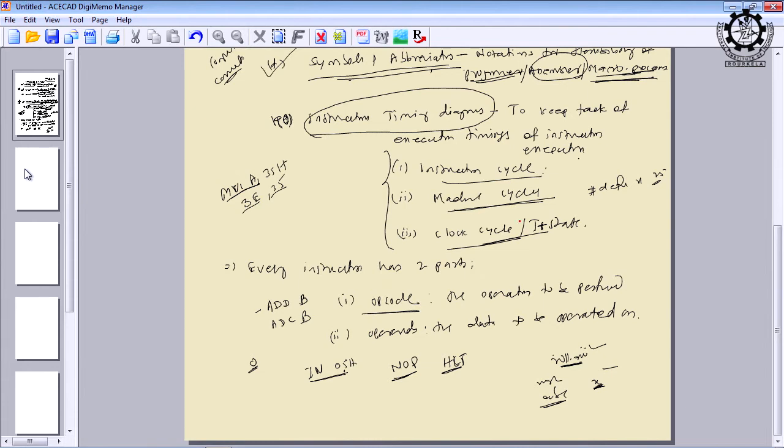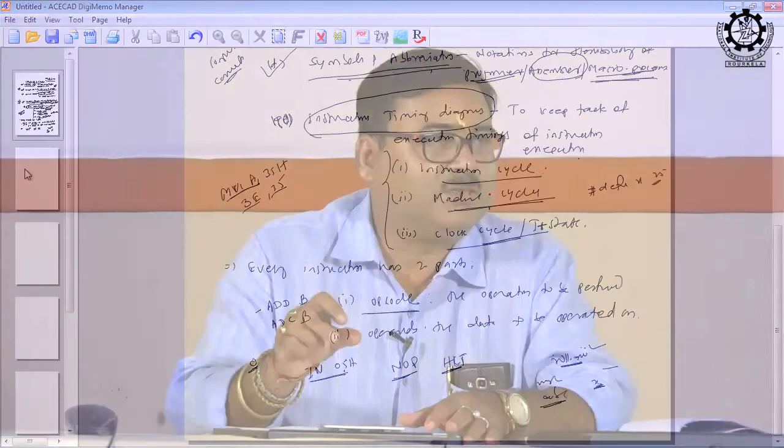In other words, a number of clock cycles or T states constitute a machine cycle, a number of machine cycles constitute an instruction cycle, and a number of instruction cycles constitute the total execution time of the program. The total execution time of different programs used for a package or software is called the software execution time. This is how the software execution times are found. Even the execution time of any task that you see on the computer screen is based upon these instruction timing diagrams, and we shall discuss how the instruction timing diagrams vary from one instruction to another.